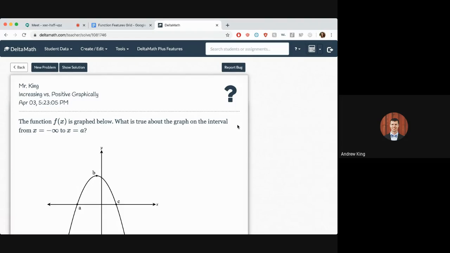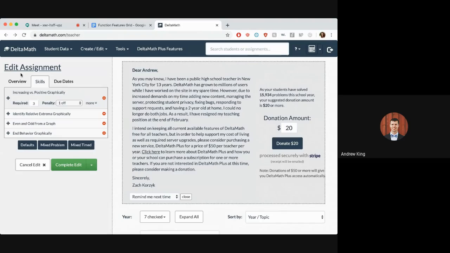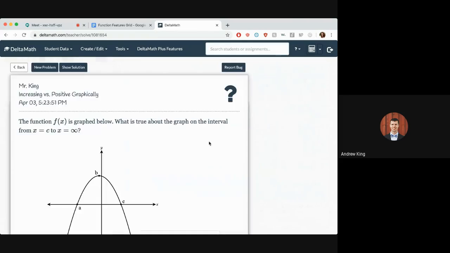Level 2 of your function features grid is all DeltaMath questions. There are 4 topics. I have you do 3 on the first 2 topics and 2 on the last 2. We'll do a couple examples from each thing here, and then you can try some on your own. Okay, the first one, we're talking about one of the vocab terms,